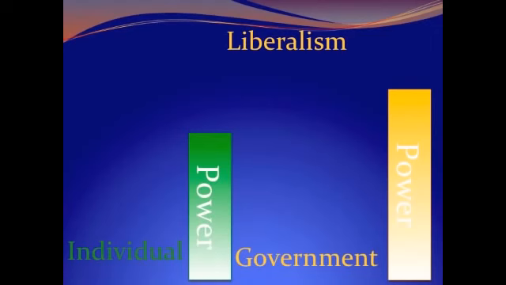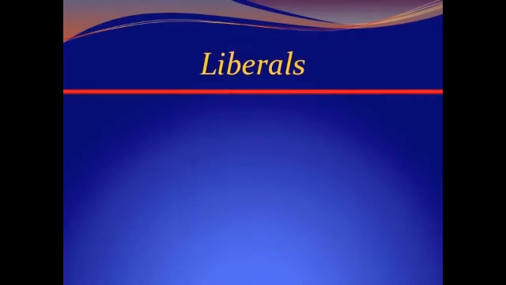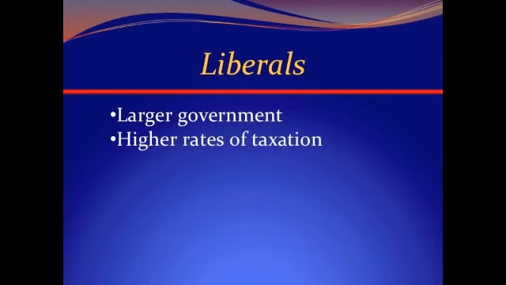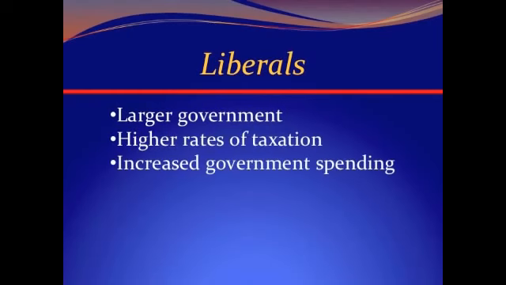The thinking is that government intervention in more areas of life will keep people safer from danger and deception, economic upsets, and poverty. Liberals favor larger governments, higher rates of taxation, and increased government spending on a variety of programs and regulations. Liberals and progressives believe that the government should be there not only to handle basic laws and functions, but also to regulate all aspects of life to an extent, believing that the government can ensure that everybody is being treated fairly and has all of their needs met.